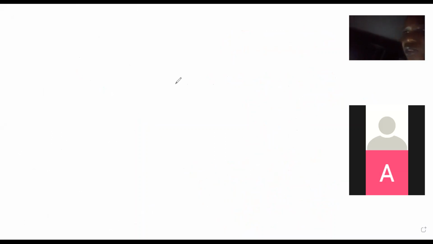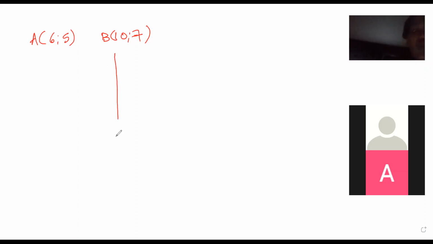Okay, so you are given point A, which is, sorry guys, I'm having problems here. I can't see. Point A is 6 and 5, and point B is 10 and 7. They say points A and B are two points in a Cartesian plane. BA produced intersects the x-axis at D. AD is the diameter of the circle. So this is what you have,